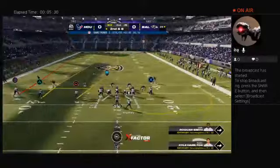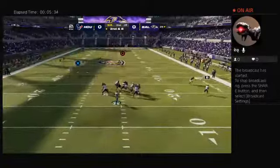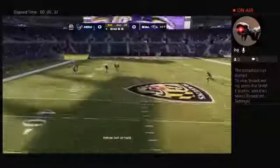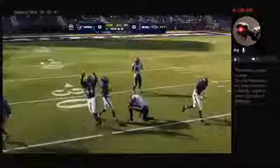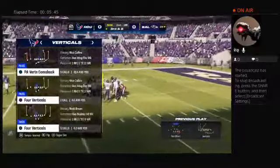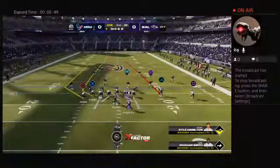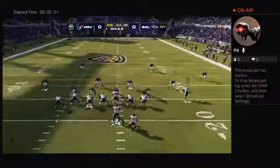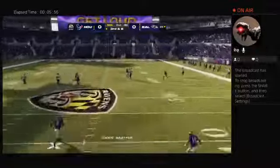Here's a 2nd and 8. Now Stroud. They'll let this go deep for Collins. And that will be incomplete. Trying to dial up the long one way out there, but it'll be 3rd down. They've given him some different looks here defensively in the early going. He's only hit 2 of his first 5 passes. With a big 3rd down coming up, he's hoping he's got a play dialed up that can take advantage of